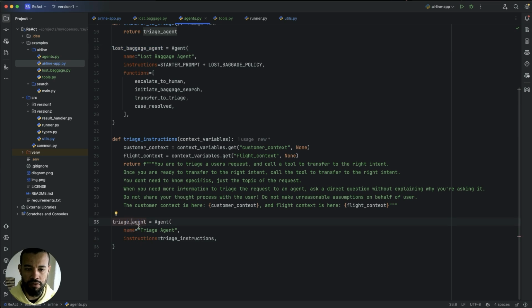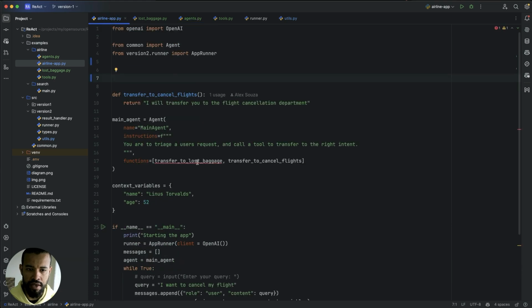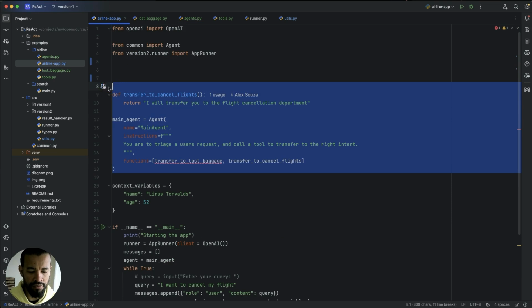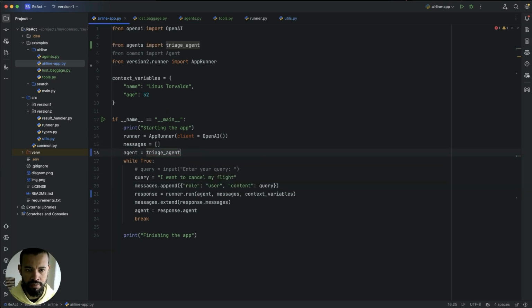So now that we have these agents, let's actually change the triage agent. Let's remove this one and cancel flights as well. We're not going to do cancel flights yet. Let's just put here triage agent, and here with the agent for agent,